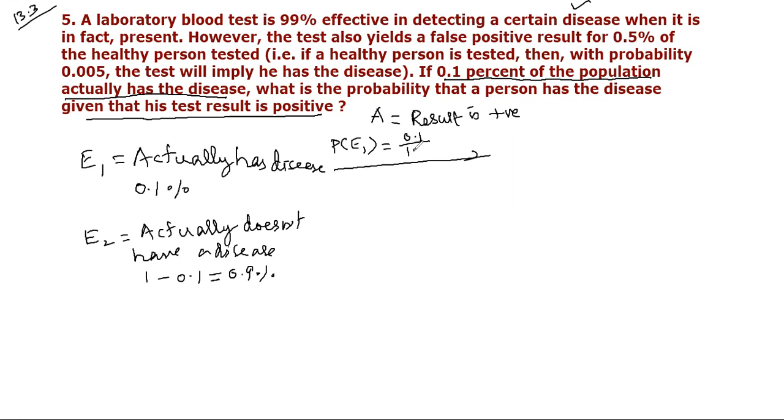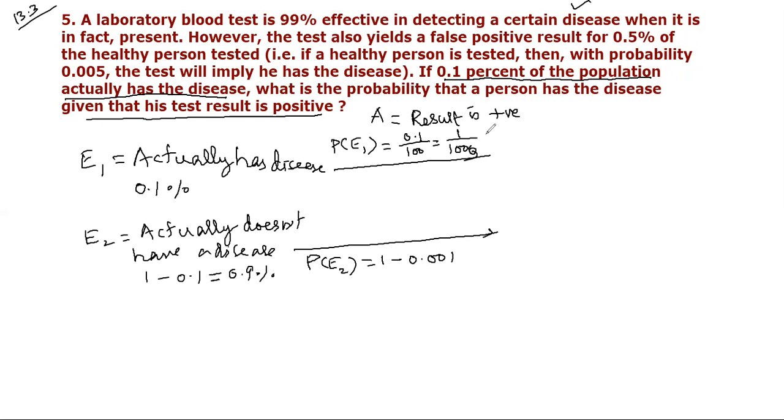0.1 by 100, and then you will remove the decimal: 1 by 1000. So the probability of actually having the disease is 1 by 1000. And the probability that they don't have the disease is equal to, do not use percentage here, otherwise 999 will not come. So here you will write 1 minus in decimal